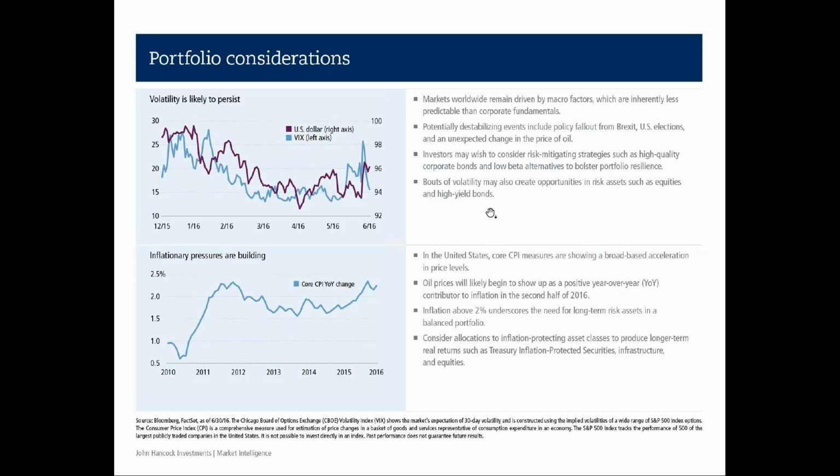And then the other thing is these bouts of volatility. In the beginning, I talked about geopolitical uncertainty and how a lot of times things get really ugly for a week or so and markets drop, but then they bounce back. Sometimes you can use them as opportunities. You can find stocks or bonds to add to your portfolio in periods of volatility. And if you have a long enough time horizon, that could actually work out in your favor.